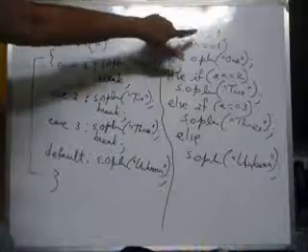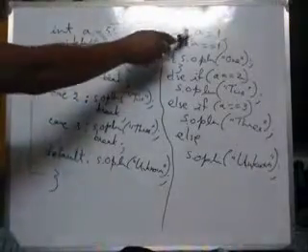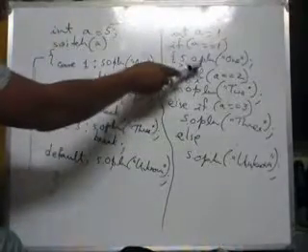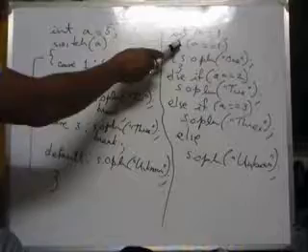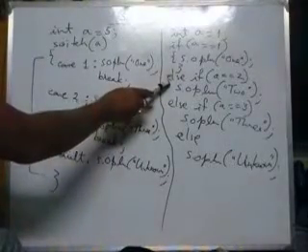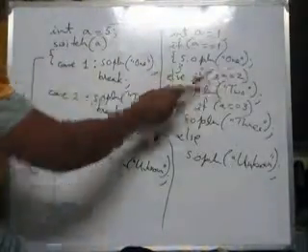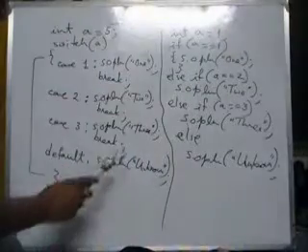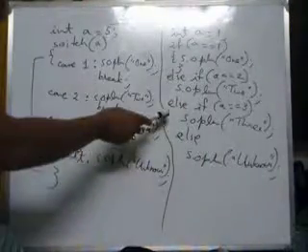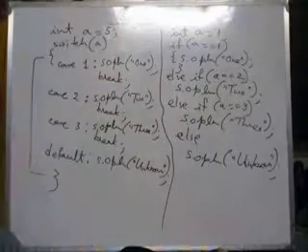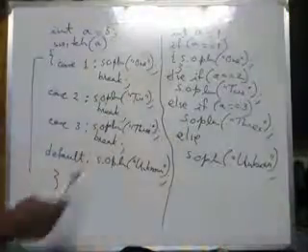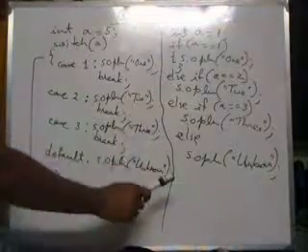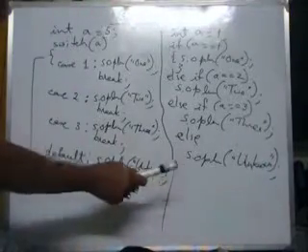The same program code, if we write by using if-else, will look like this. Int A is equal to 1 at the beginning, then we will check if A is equal to 1, then System.out.println 1. If this is not true, then we will come to the else if part. In else if A is equal to 2, then System.out.println 2. If this condition is also not matching, then it will come to the third condition, that means else if A double equal to 3. If that is matching, then it will print 3. If that also does not match, then it will come to the else part. And in the else part, it will print System.out.println unknown.